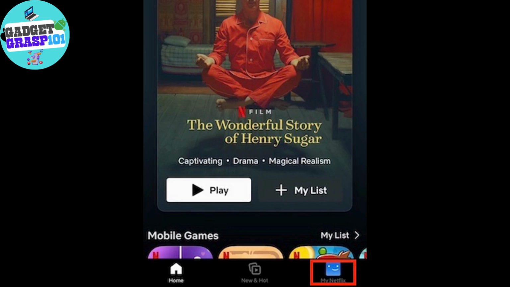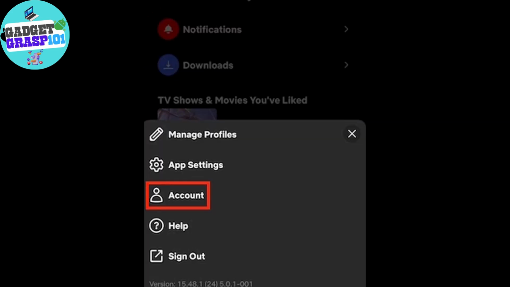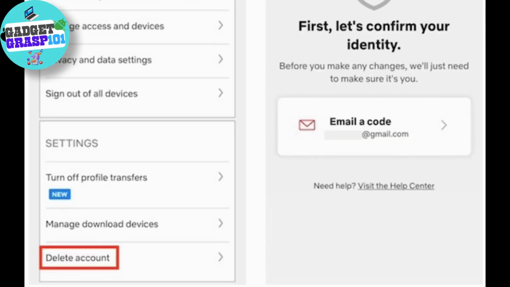Launch the Netflix app on your mobile device and tap My Netflix in the lower right corner. In the upper right of My Netflix, tap on the More option available there, or the three dots. Then simply tap on Account in the pop-up menu, and under Settings scroll all the way down and tap